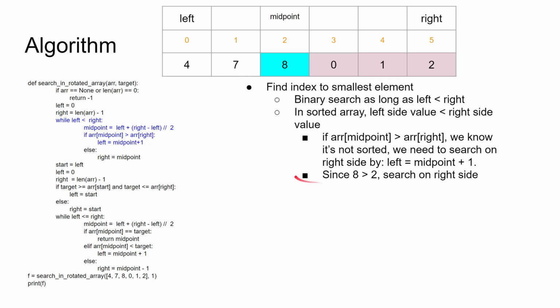Since 8 is bigger than 2, it will search on the right side. Also initialize midpoint, which is the pointer between left and right, which we do by right minus left first. So 5 minus 0, divided by 2. In this case, 5 divided by 2 is 2.5, and so it will return the integer value of 2.5, which is 2. So midpoint is 2 plus left, which is 0. So midpoint is 2. That's why array midpoint is bigger than array right, because array midpoint is 8 and